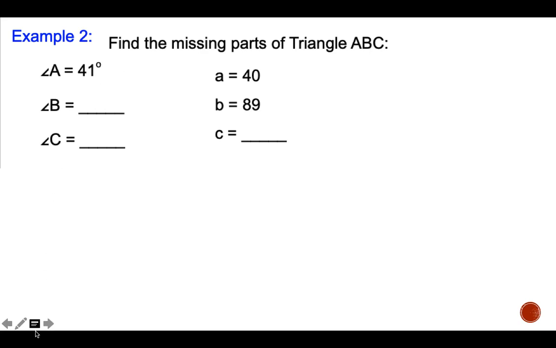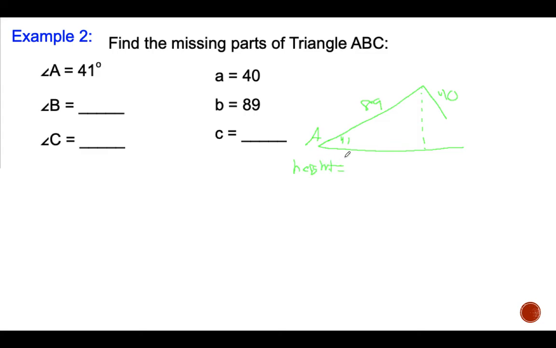Alright, so fresh problem. Again, I'm going to draw my picture. I'm always going to put the angle given over here. So we've got a 41 degree angle right here. We know the side opposite of that is 40. B is 89. So we have to find the height. The first thing you have to do is find the height. So the height